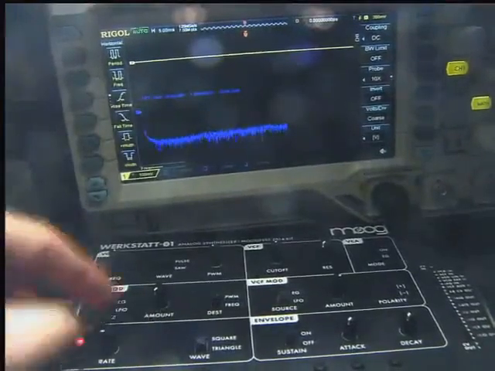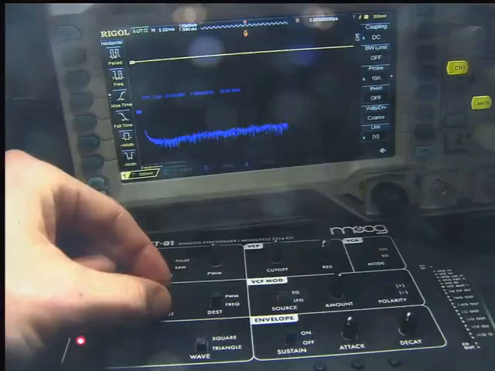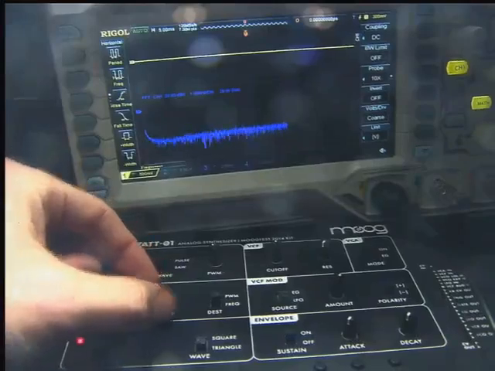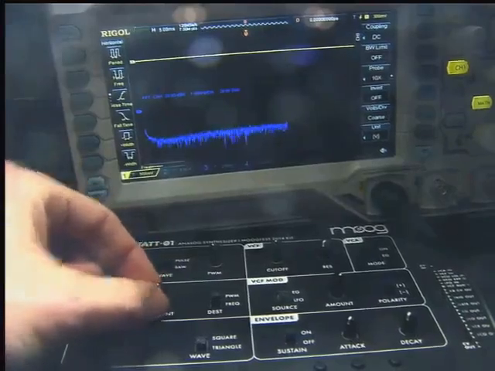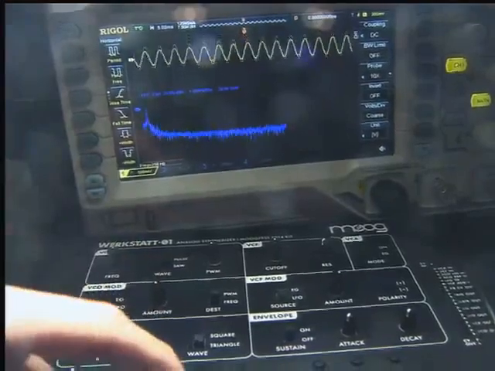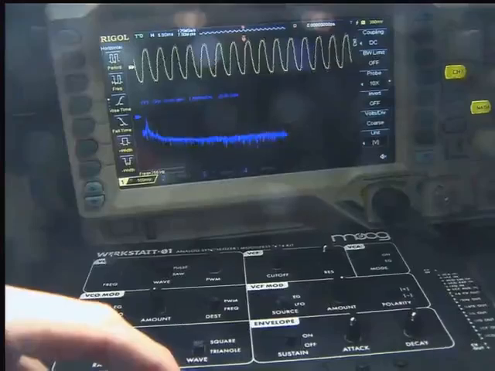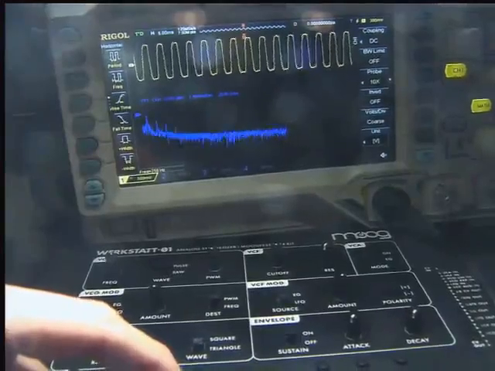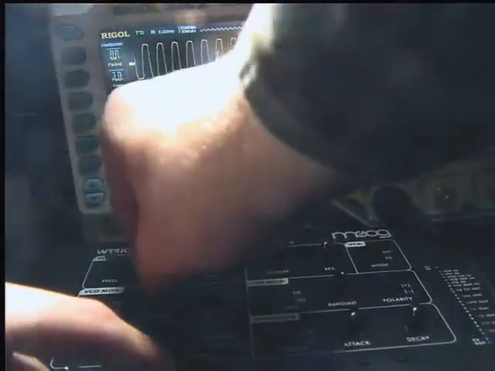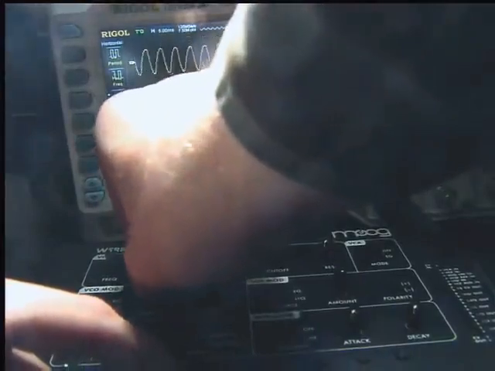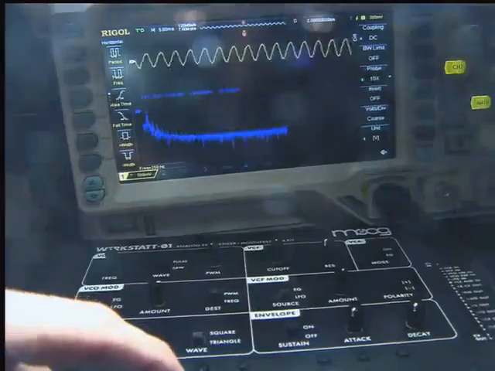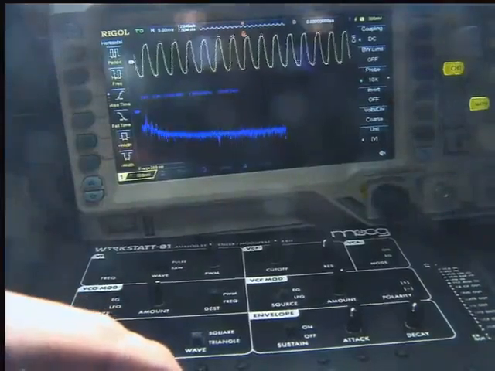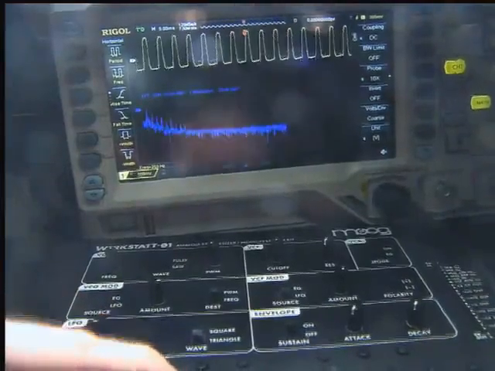So now we'll do both at the same time. I'm going to turn this amount knob back up so that we get some pulse width modulation in there as well. So that sort of changes not only the sound that we get. Not only the cutoff frequency, but now the harmonic content itself is changing as well. And you can see that has sort of a different sound on its own too.